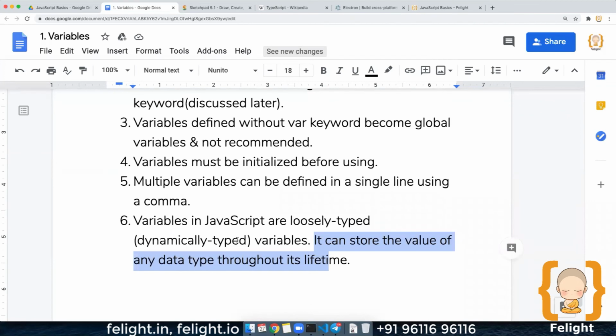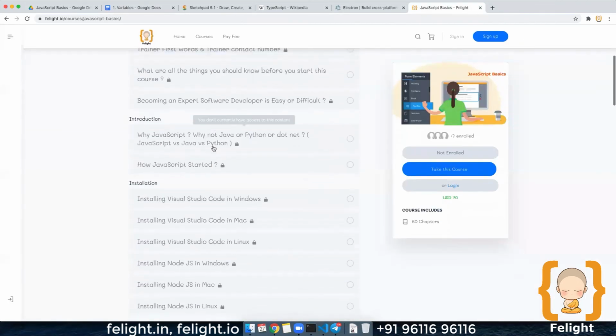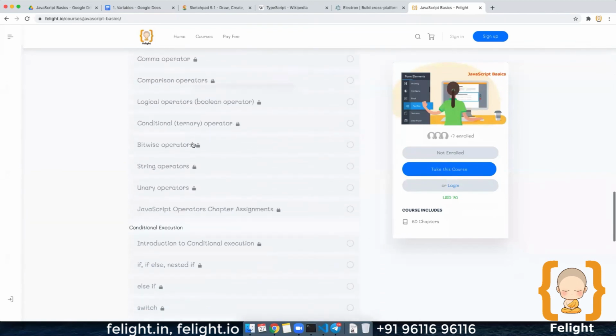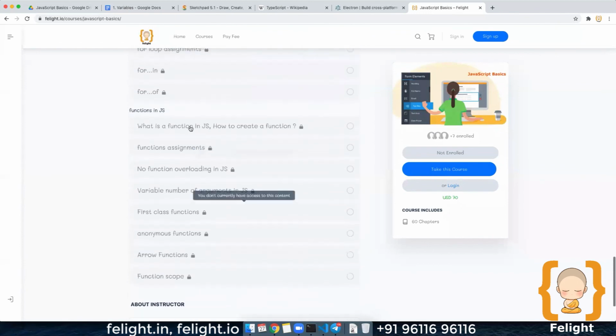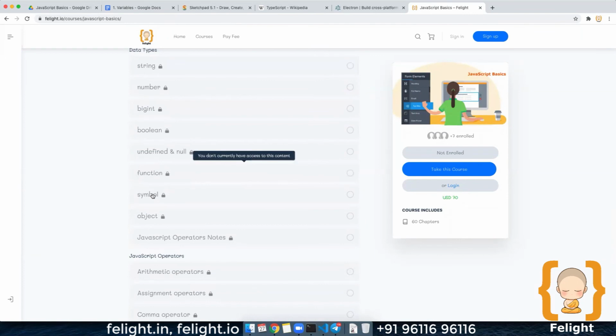Functions and symbol objects are not there in that video, and the notes are also not there, sir. Function, symbol, and object videos are not there because these are advanced concepts that will be covered separately.